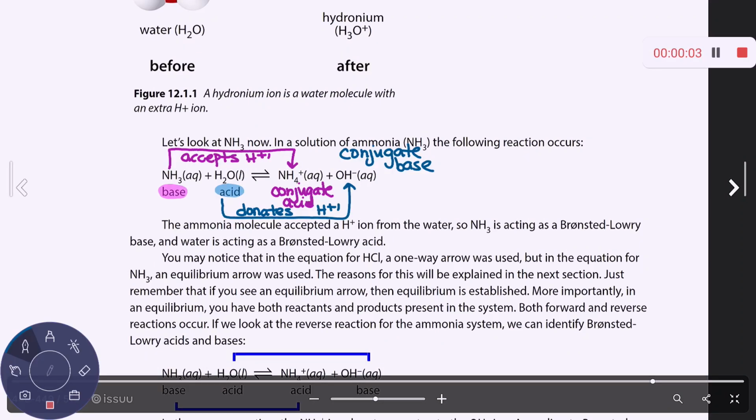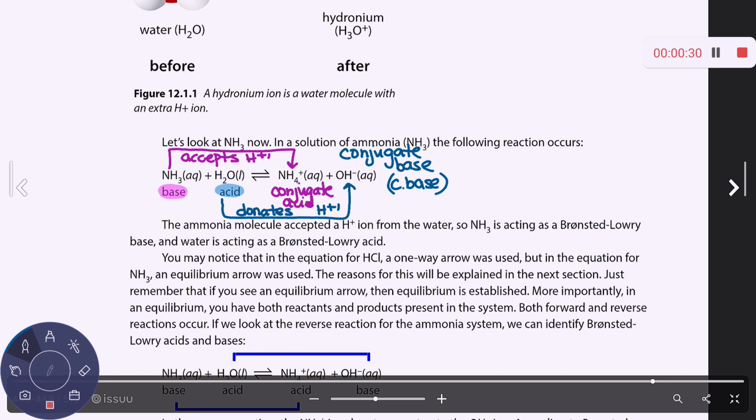Okay, if you want to abbreviate conjugate acid and conjugate base, your option is you can write C period base or C period acid. But you only write the word conjugate on the product side. You will never write conjugate on the reactant side. Okay? Now, there's a definition at the bottom of this page that you should know, and it's the definition